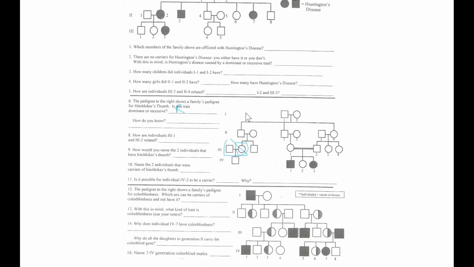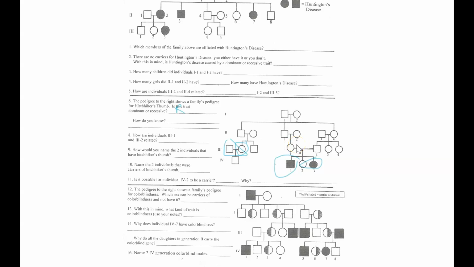Number 9, how would you name the two individuals that have hitchhiker's thumb? So this is generation 1, 2, 3, 4. It's going to be 4-1 over here, and Roman numeral 4-3 over here. And name the two individuals that were carriers of hitchhiker's thumb. So it would be right over here,